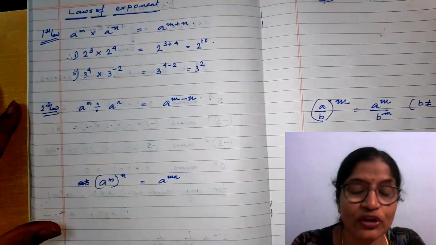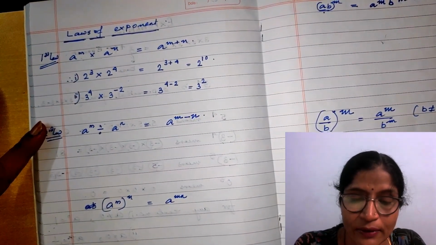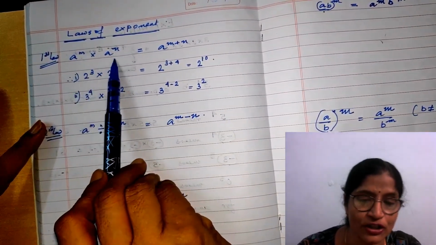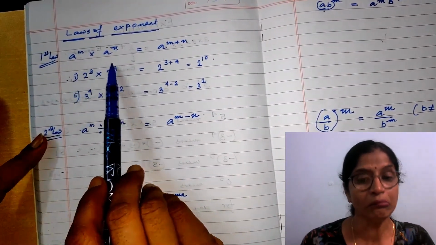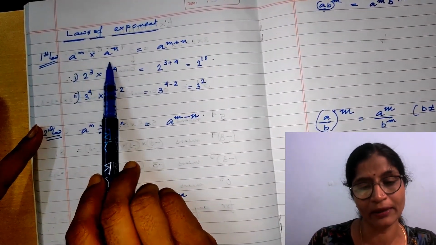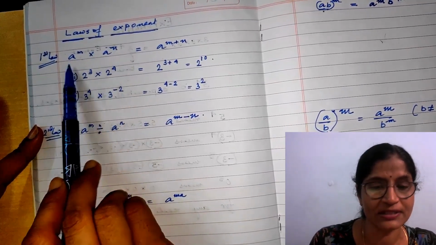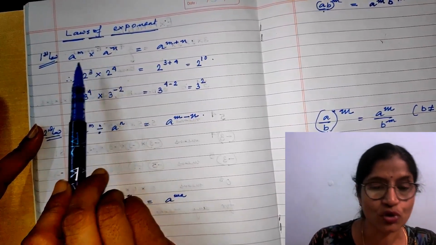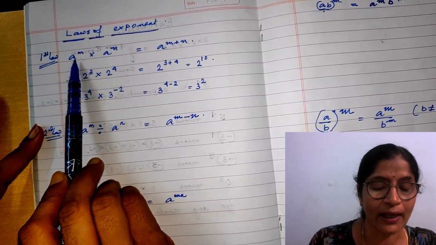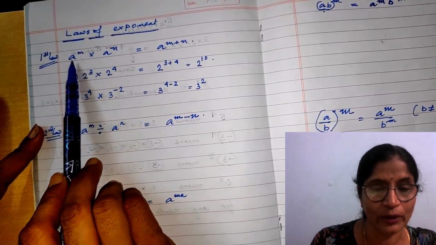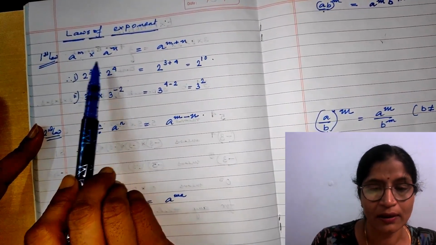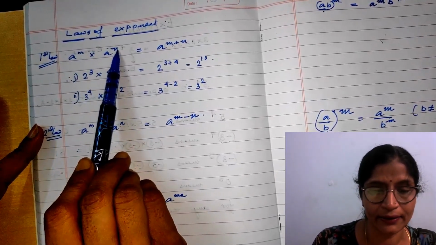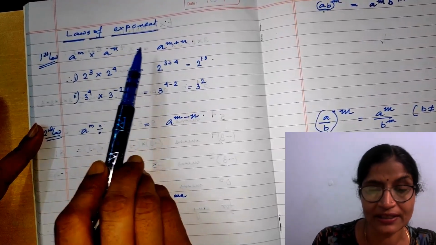Next I will discuss with you the laws of exponents. First law: suppose two exponential forms are multiplied, like a to the power m multiplied by a to the power n. Here you can see that the bases are the same. In a to the power m the base is a, as well as in a to the power n the base is a. So when bases are the same, the powers will be added. When two exponential forms are multiplied and the bases are the same, then the powers will be added. It means a to the power m into a to the power n is equal to a to the